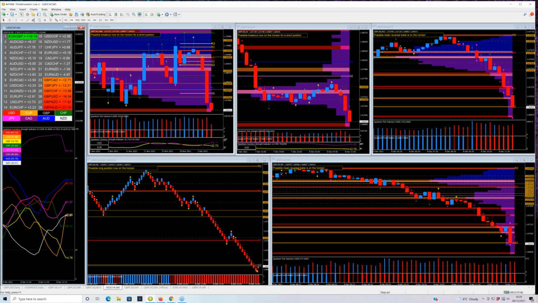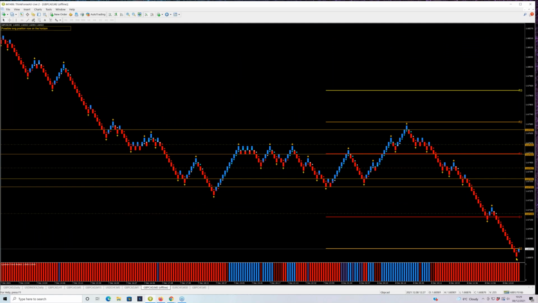What's interesting with the Renko is you don't get wicks on these bricks, but when it's very volatile, when you get a lot of momentum, you will sometimes get a spike. You will see a spike to the bottom of the brick, and if it's at the bottom, you know it's trying to reverse.